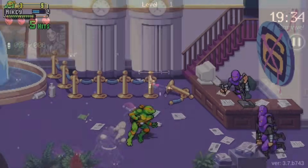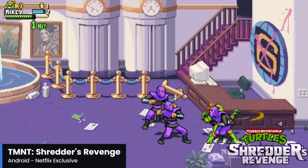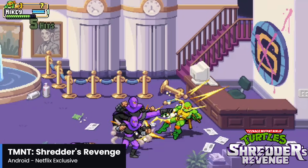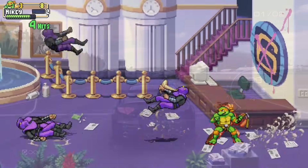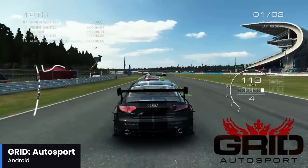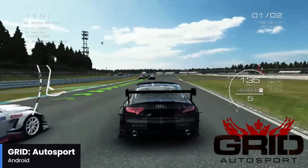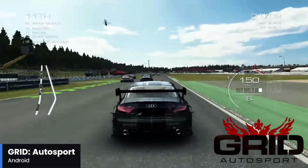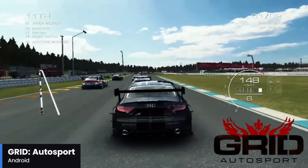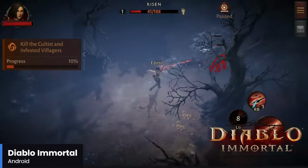Just like I did with emulation testing, I did the same thing here with all of the great native Android games. I started out with lighter stuff, such as Teenage Mutant Ninja Turtles Shredder's Revenge, and eventually made my way up to heavier titles like Grid Autosport, and of course everything else in between. I was definitely pleasantly surprised overall, and even games like Diablo Immortal fared quite well on the Raspberry Pi 5,